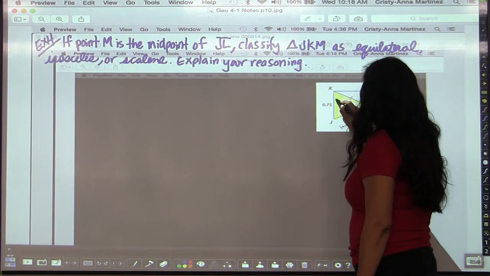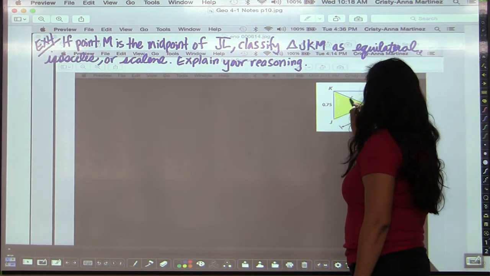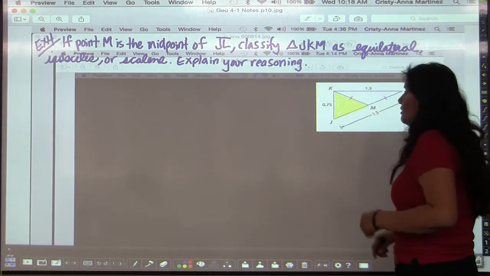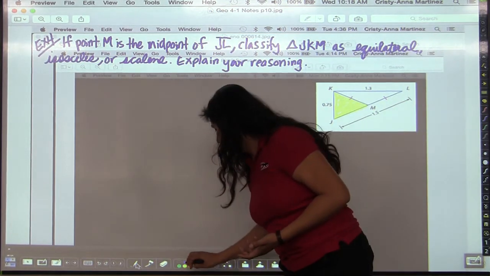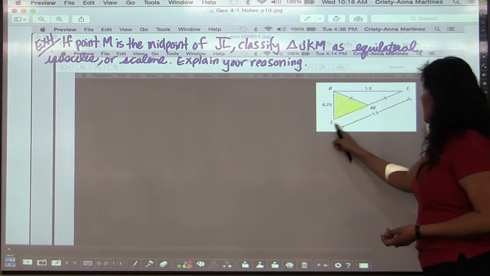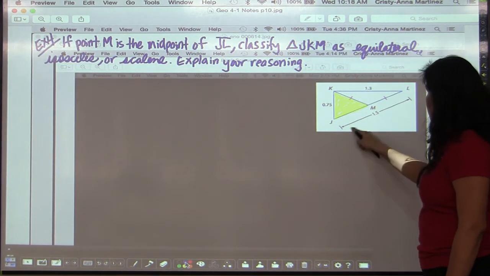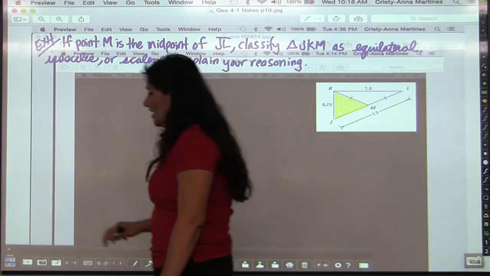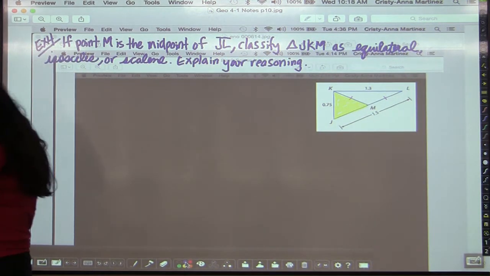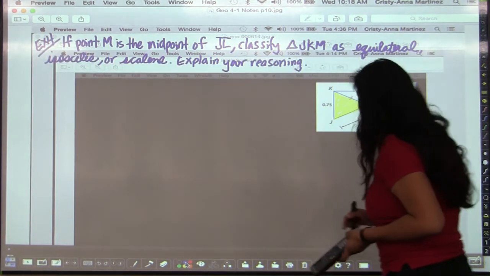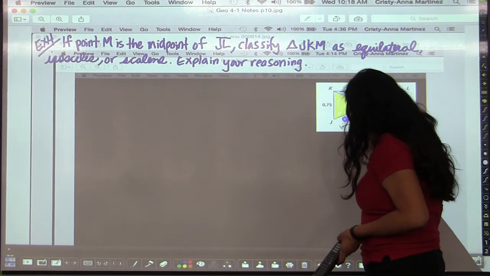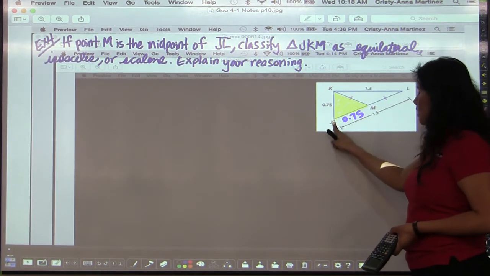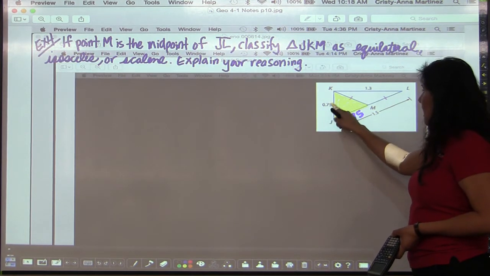I'm trying to highlight this for you so you can see what we're doing here. That's the triangle we're looking at. They want us to classify JKM, and they're telling us that M is the midpoint of this segment JL. So here you can see in the diagram that JL has a length of 1.5, which means that if you take 1.5 and divide it by 2, you're going to get 0.75. So this piece right here, JM, is 0.75, and JK is also marked as 0.75,